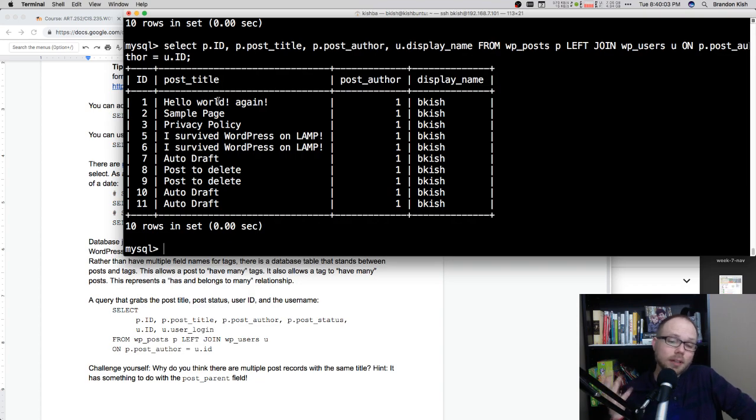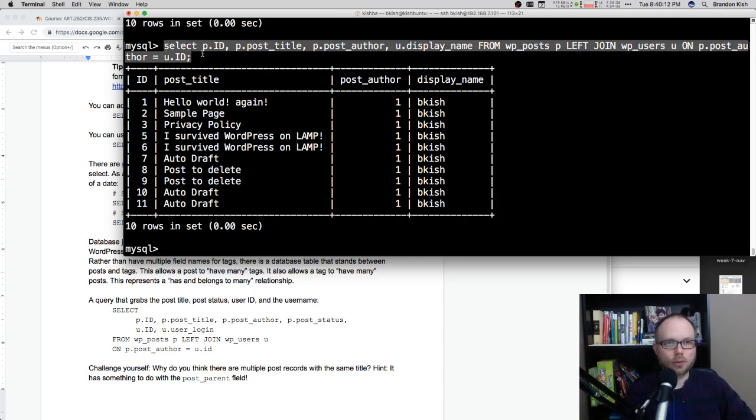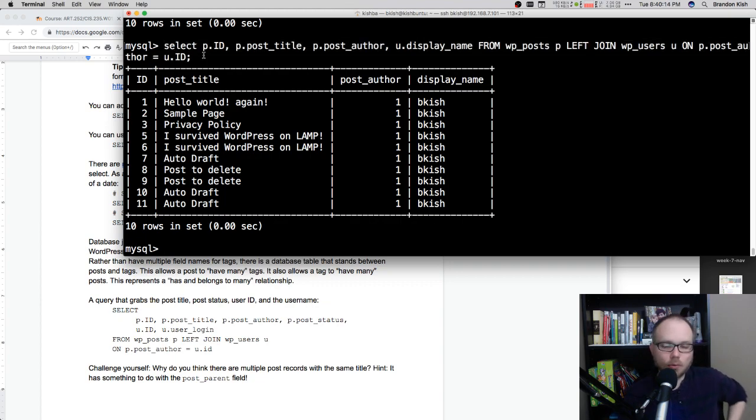And WordPress actually does this type of query for you automatically when it's displaying every page. It's grabbing the post and then all the information it needs from the other tables. So these types of joins are done by WordPress automatically for you as it's rendering out the web page. But you wrote a query here. Think about how you could extend this concept. There are other tables that you could connect to.